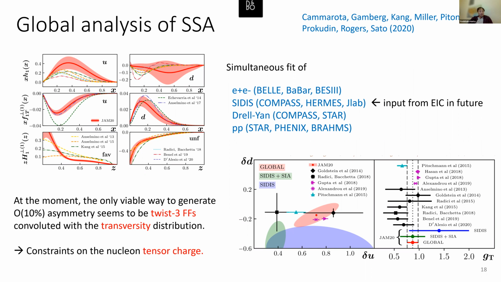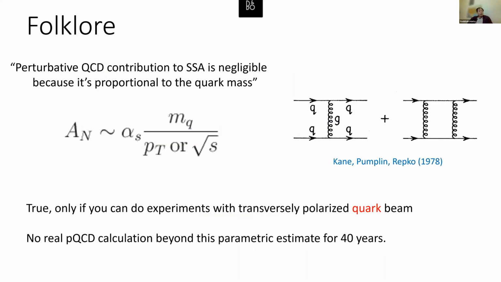All right, and in the future, if you go to the EIC, then you can add more data in this sheet. So right now you can see there are only low energy experimental data like COMPASS and HERMES and JLab. And so you can add more data points at high energy, and then you can do this global analysis more precisely. But before that, I want to bring up a new development in this field, which goes back to